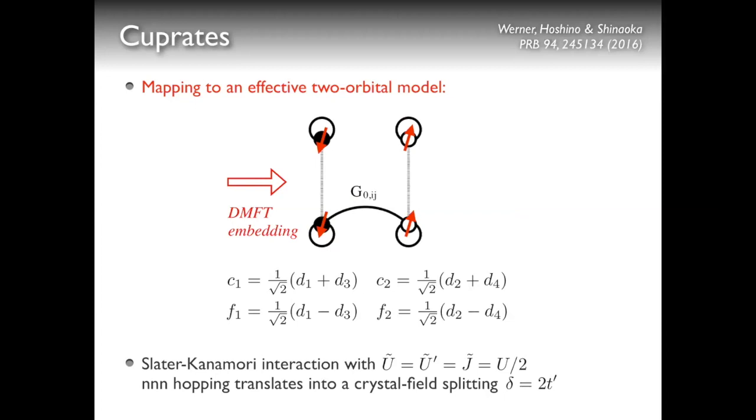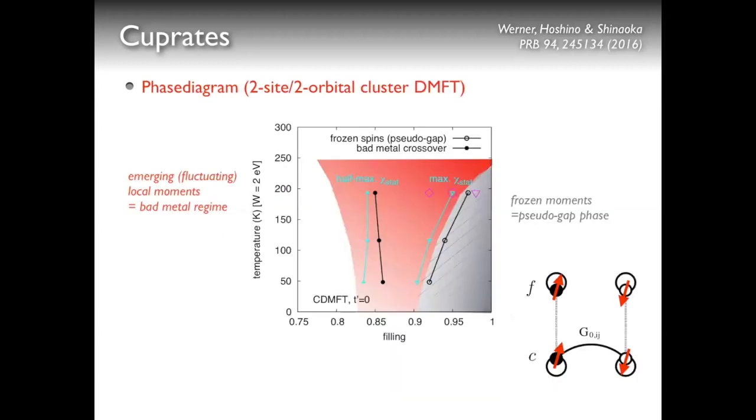And you can now easily understand that this kind of system will exhibit the spin freezing crossover, because we have a very strong ferromagnetic Hund coupling between the bonding and anti-bonding orbitals of these auxiliary multi-orbital problems. So that gives us a new kind of way to look at the phase diagram of plaquette DMFT. Namely, we can define now a kind of spin frozen regime in this phase diagram, which I would like to associate with the pseudogap phase of the cuprates.